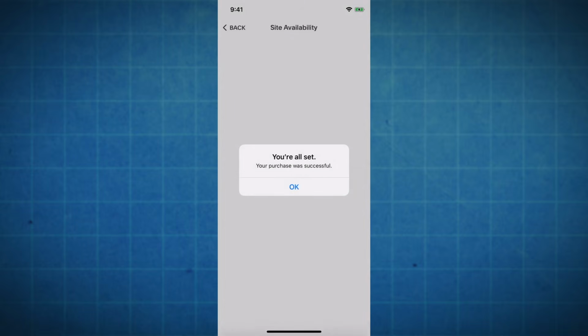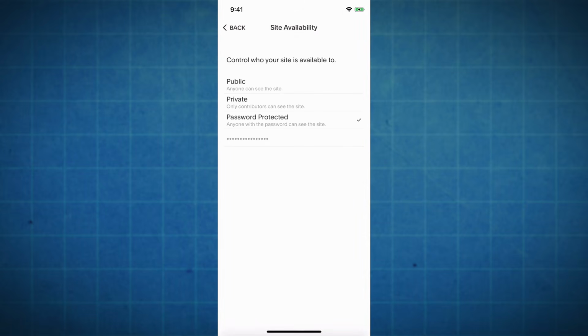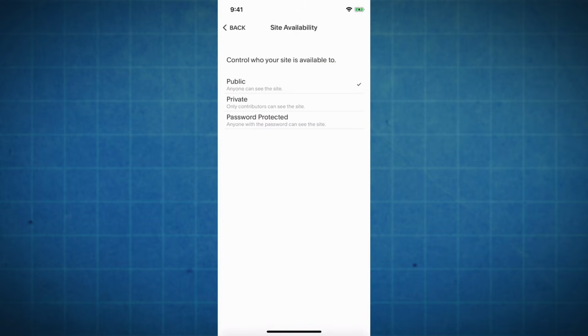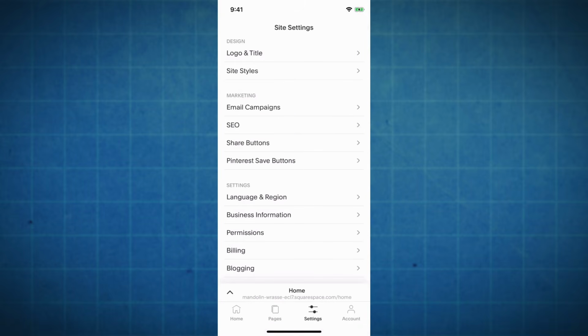And then it says you're all set, your purchase was successful. I'll just click on OK. And then we can switch to Public, where anybody can view this site. And then just click on Save. And then we will just skip this. Cool. But now if we hit the back button, you can see down at the bottom, we still have this